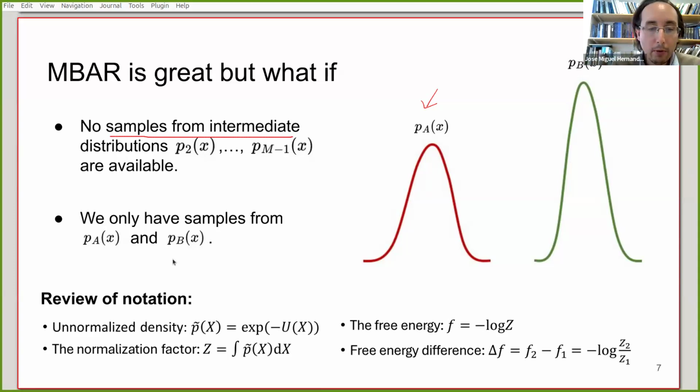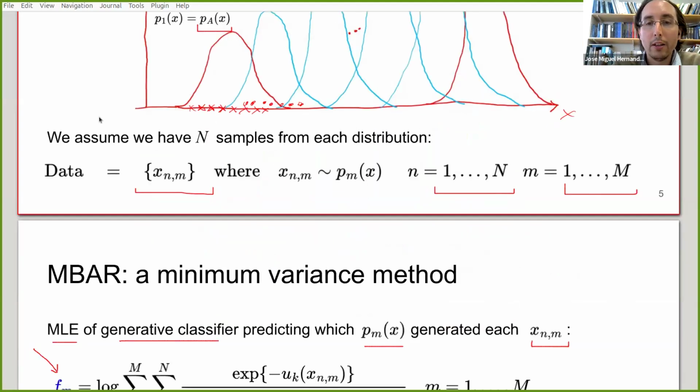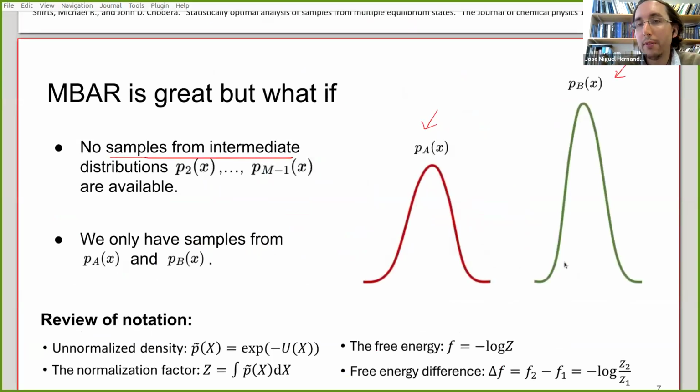Just one thing to mention, in MBAR, it's important that there is overlap between these distributions, because you need to solve the classification problem, and your optimal classifier will converge to the right density ratio given the observed data. And for that, you need the data to overlap so that you can estimate the right density ratio to solve the classification problem. If there is no overlap, this method is going to struggle and it's not going to work well. And one of the problems that we will have when we have only samples from the two distributions is this lack of overlap.